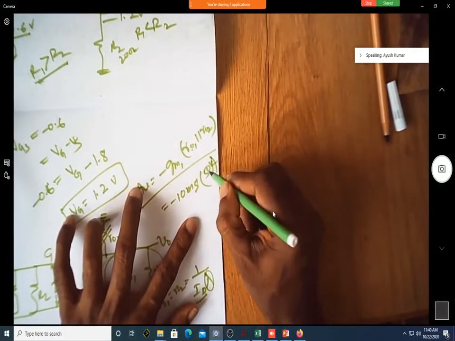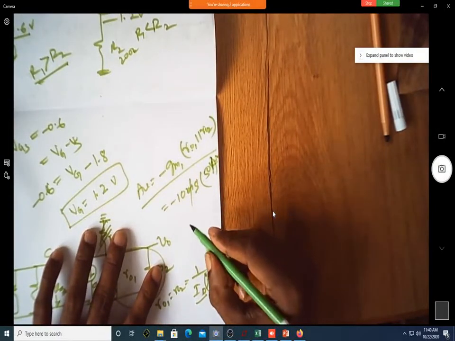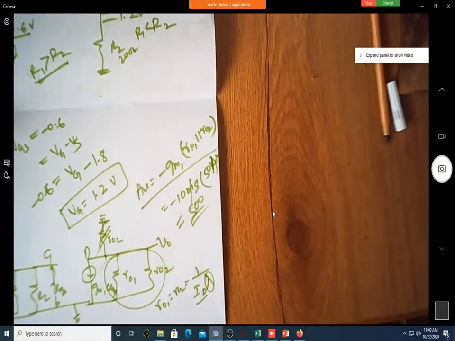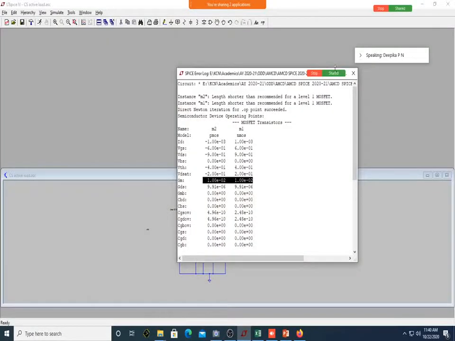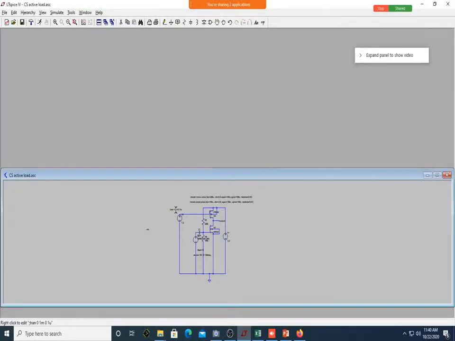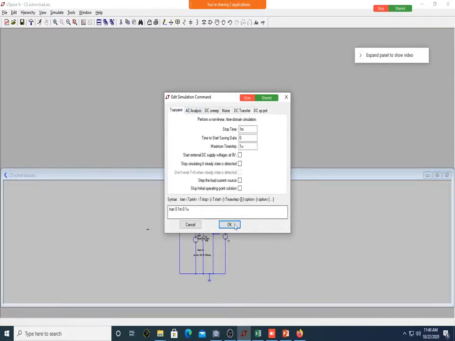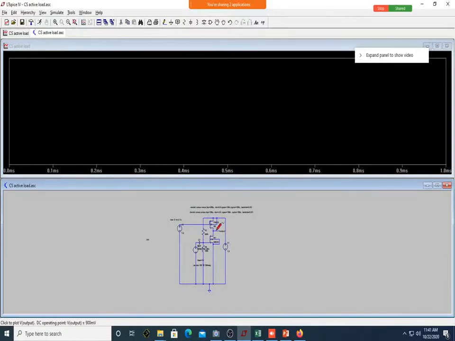This k kilo ohm, this k will go with m? Yes, sir. Then what is the gain? Is it not 500? Oh, you are getting such a huge gain. Correct? Yes, sir. Let me just go back to my circuit. This circuit, let me do not .op. Let me just change this simulation command. Let me do transient and let me run this. Let me see what is my output.